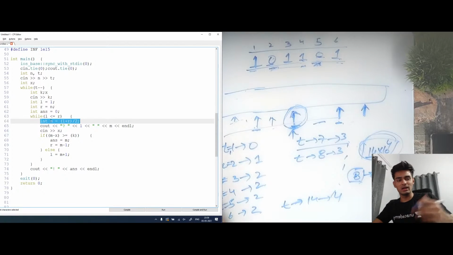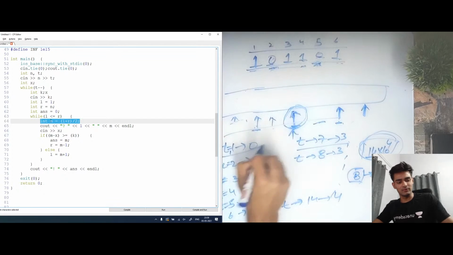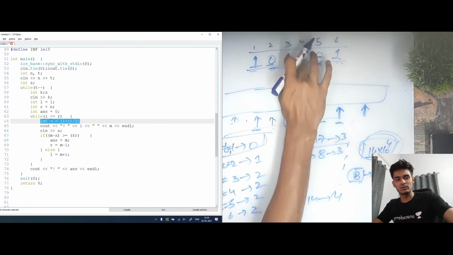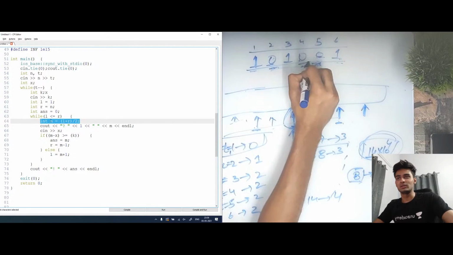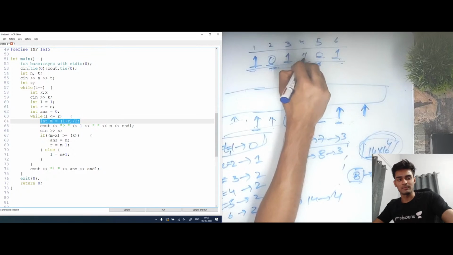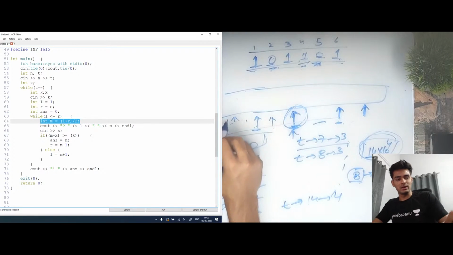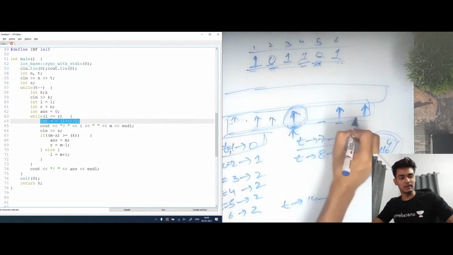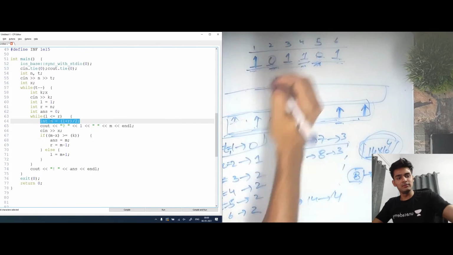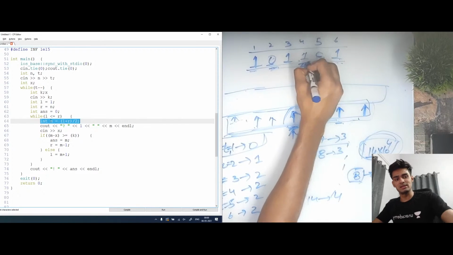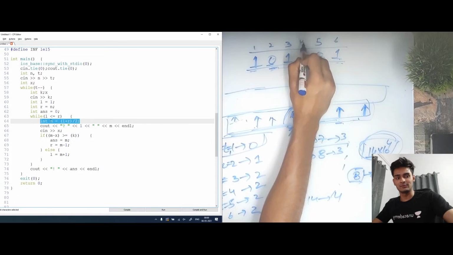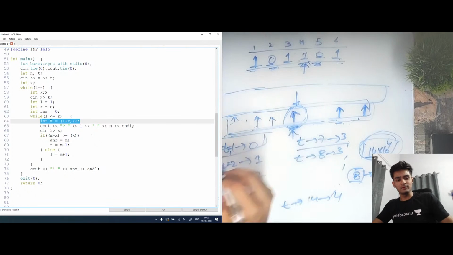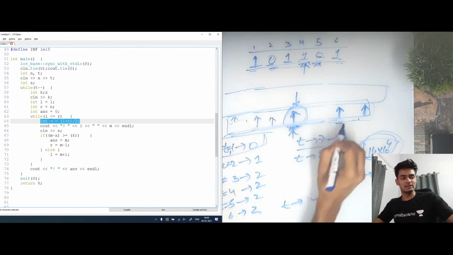Now you would say that you're also given in the question that when we find the answer for t equals to 1, we actually have to change that particular index from 0 to 1. So let's say we had this 0, and if the answer was the 4th index, we had to change this 0 to 1. What we can actually do is, we can have a set and we can store all the answers of every index there. Whenever we actually change an answer for any index, so let's say we change the answer for index 4, we'll go on to index 4 in the set, and we will increment the answer of every index after that.